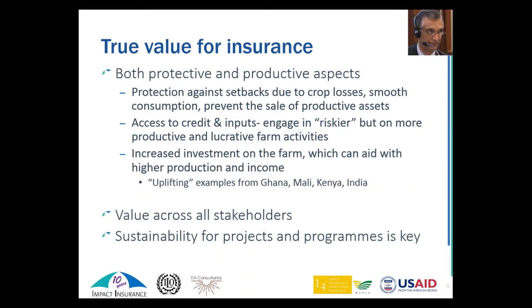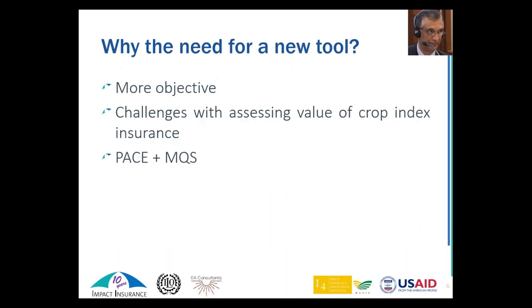But why this value is important is also an aspect that we've been talking about, and we'll hear about it in the webinar as we go along. And therefore, we wanted to look more closely at the tool, which now combines the basic facilities tool on client value, which is the PACE tool, which looks at aspects of product, access, cost, and experience, and combines them with the quality aspect.